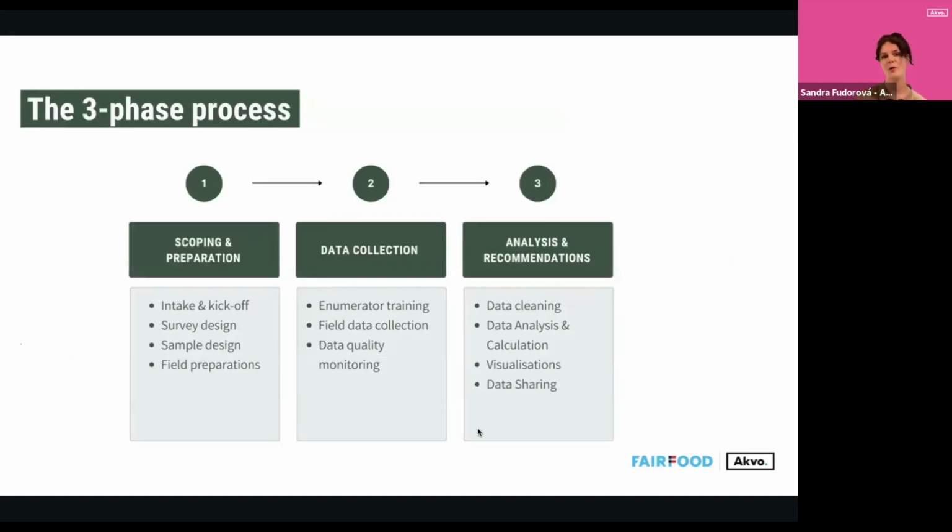So the first, we will go through all of them. I will show you the different parts of the toolkit, all the tools that are there for your use. And then after each phase, we will open the floor for a few questions about that given phase, and there will also be a Q&A at the end. So save your questions for the moment, and we will be more than happy to answer them.